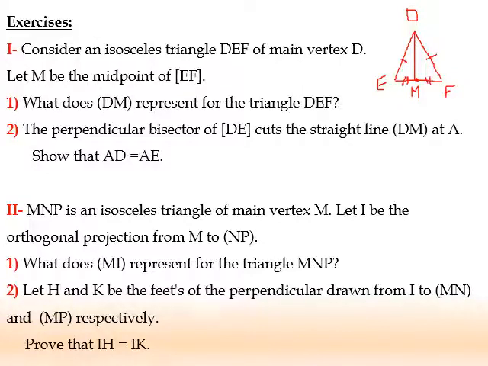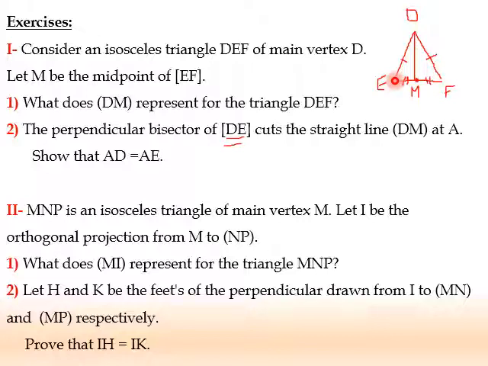Then the perpendicular bisector of DE cuts the straight line DM at A. I have to draw first the perpendicular bisector of DE, either by using your compass or by plotting the midpoint of DE and drawing a perpendicular passing through the midpoint of DE. After you draw it, it cuts DM at a point called A. You have to prove that AD equals AE. It's easy, but you have to draw a correct figure and